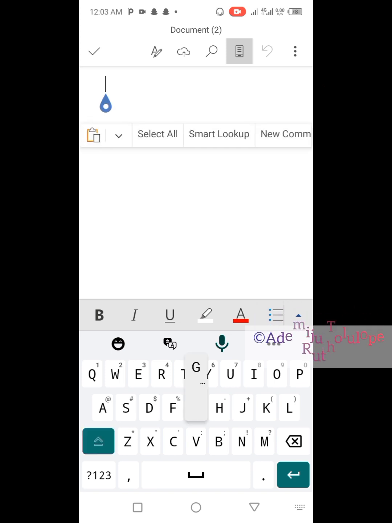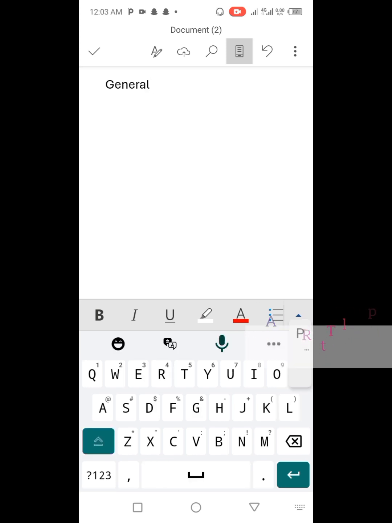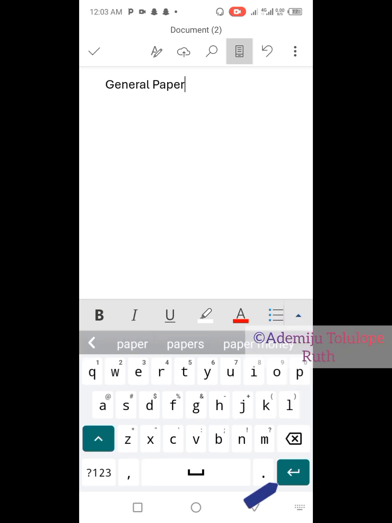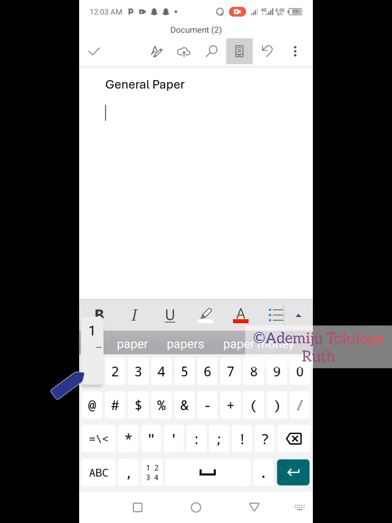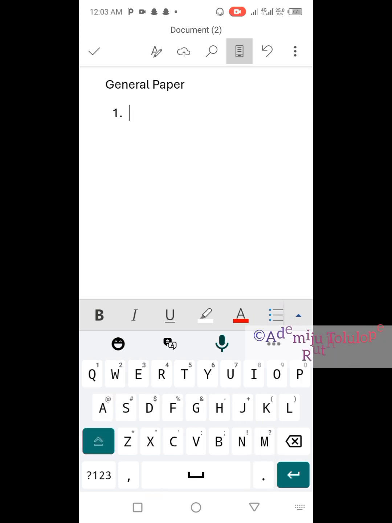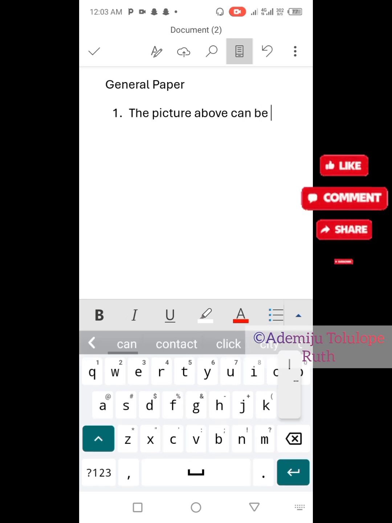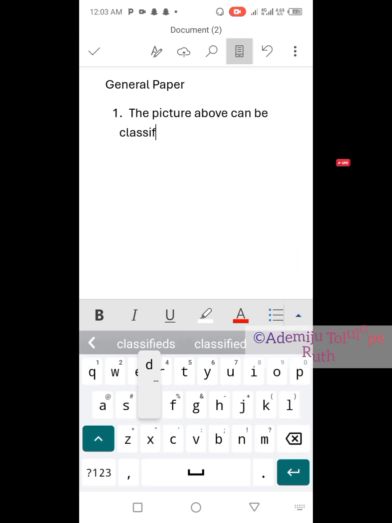So I type general paper. Having done that, I'll begin by typing the first number one, then put my dots. Then I start typing the first question. Now the first question can be: the picture above can be classified as